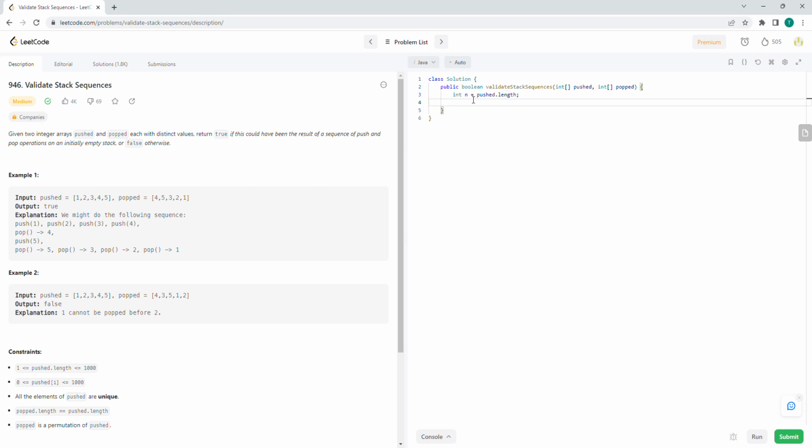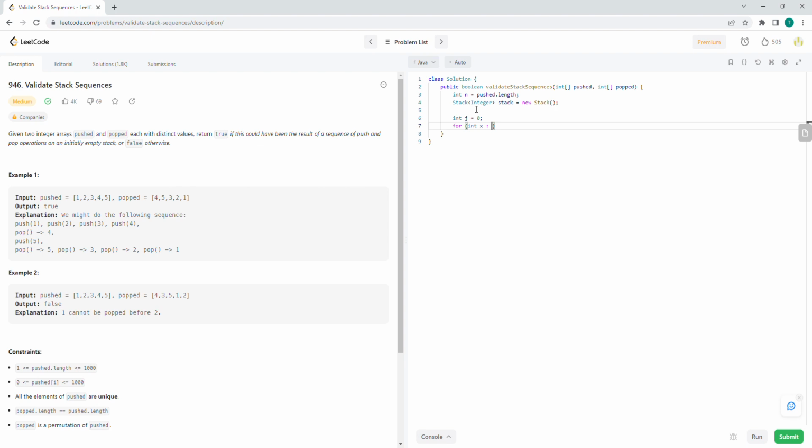Next thing you want to do is initiate a stack. These are integer arrays, but at the end of the day, we are dealing with stacks, so it might be intuitive to use a stack of integers. Call it stack, and it's going to be a new stack. Next thing you want to do is initiate a loop of some sort for x.